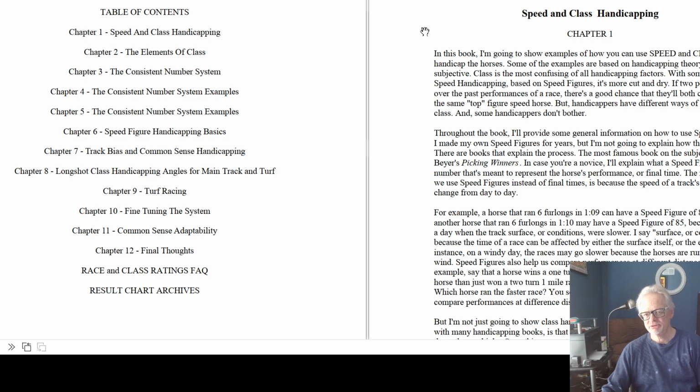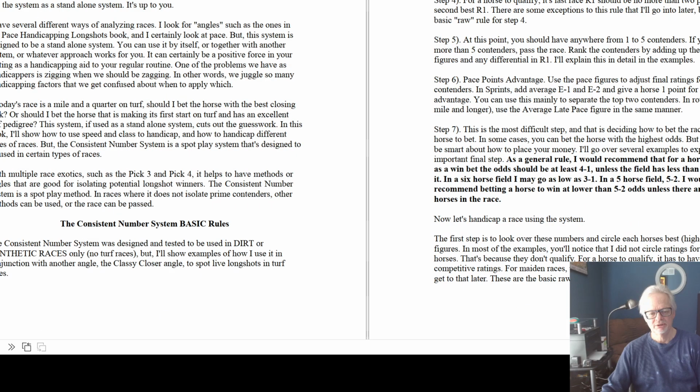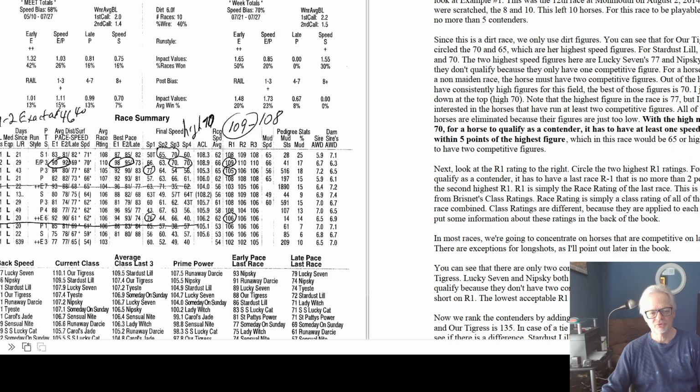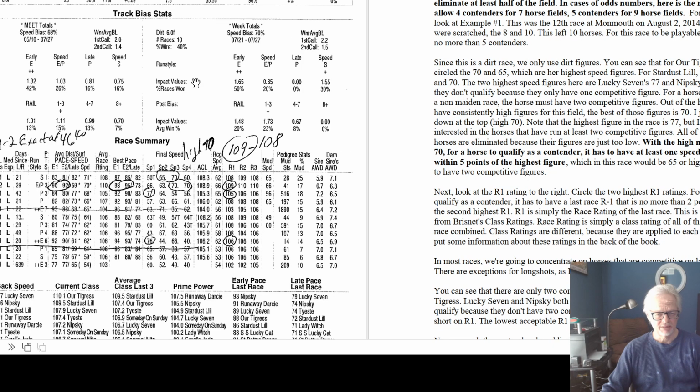Now this is designed for past performances. You could use it with any past performances, but it's really designed to work with the Brisnet Ultimate Past Performances, because what I do is I show you how to use the race summary, which is this part, down at the bottom of the Brisnet Ultimate Past Performances. You can adapt it to Trackmaster, Equibase, Timeform, Daily Racing Form, but it's easier if you just use this